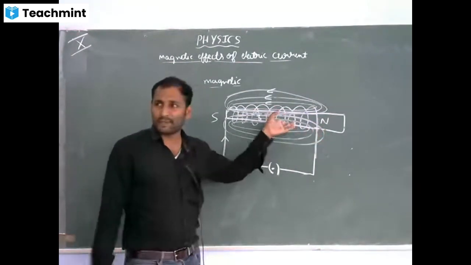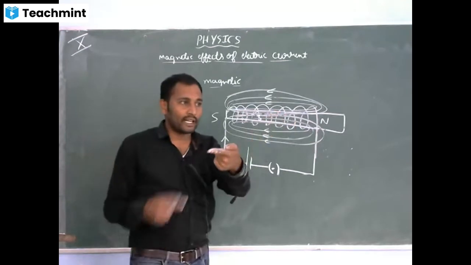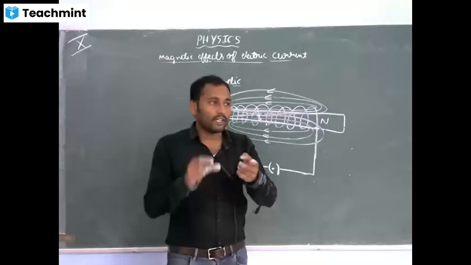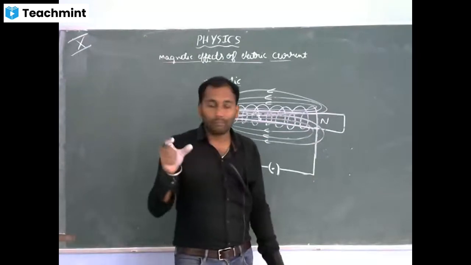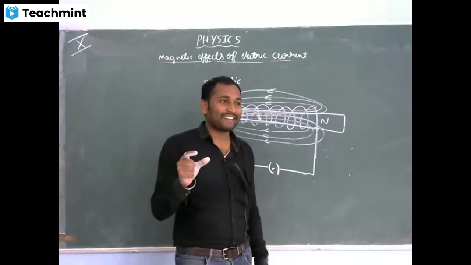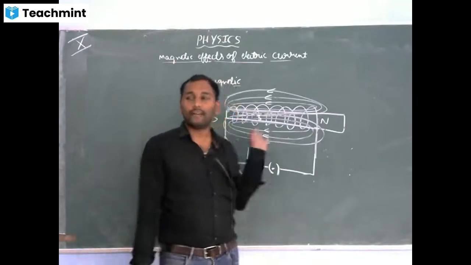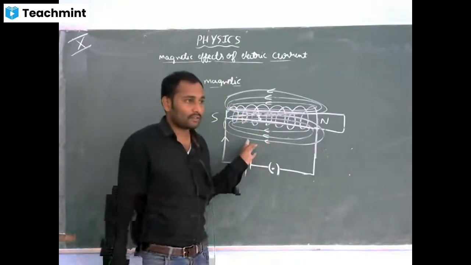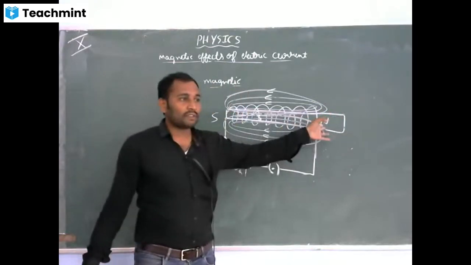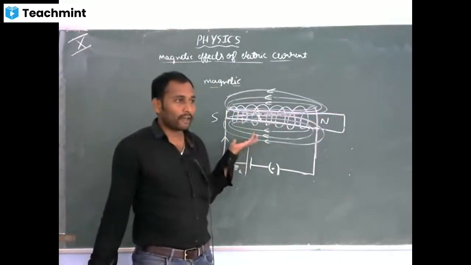We have done this experiment in one exhibition. We have taken a nail, and we have wound the nail with an insulated copper wire. Then we connected that copper wire to a battery. That iron nail will act as a magnet. So this is the electromagnet that they have included in the syllabus. Clear? Once you remove this soft iron core, what happens? It is just a solenoid if you remove it.